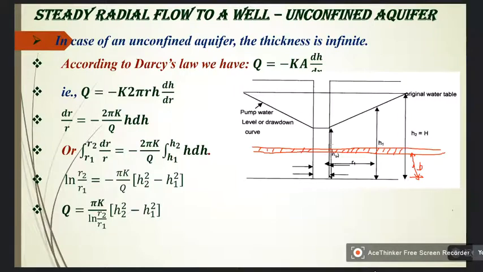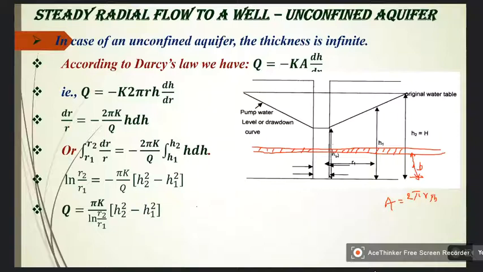In case of confined aquifer, we have written A, the flow area, is equal to 2 pi r into B,